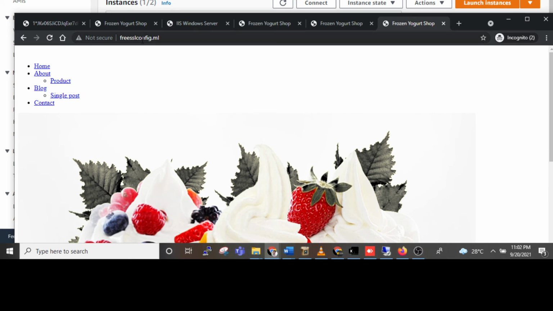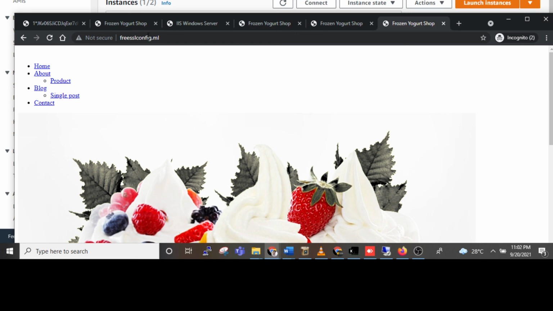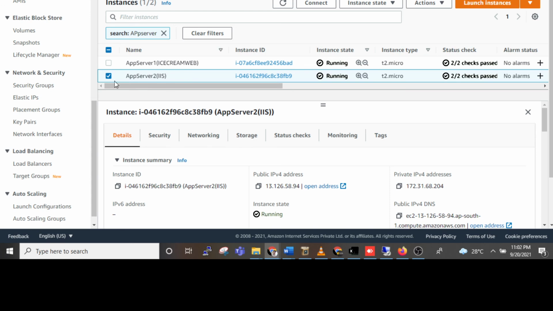Like that it's rotating the traffic. The first request goes to the secondary, then the primary. If we refresh again, it goes to the primary. Suppose we stop this IS instance, what will happen?